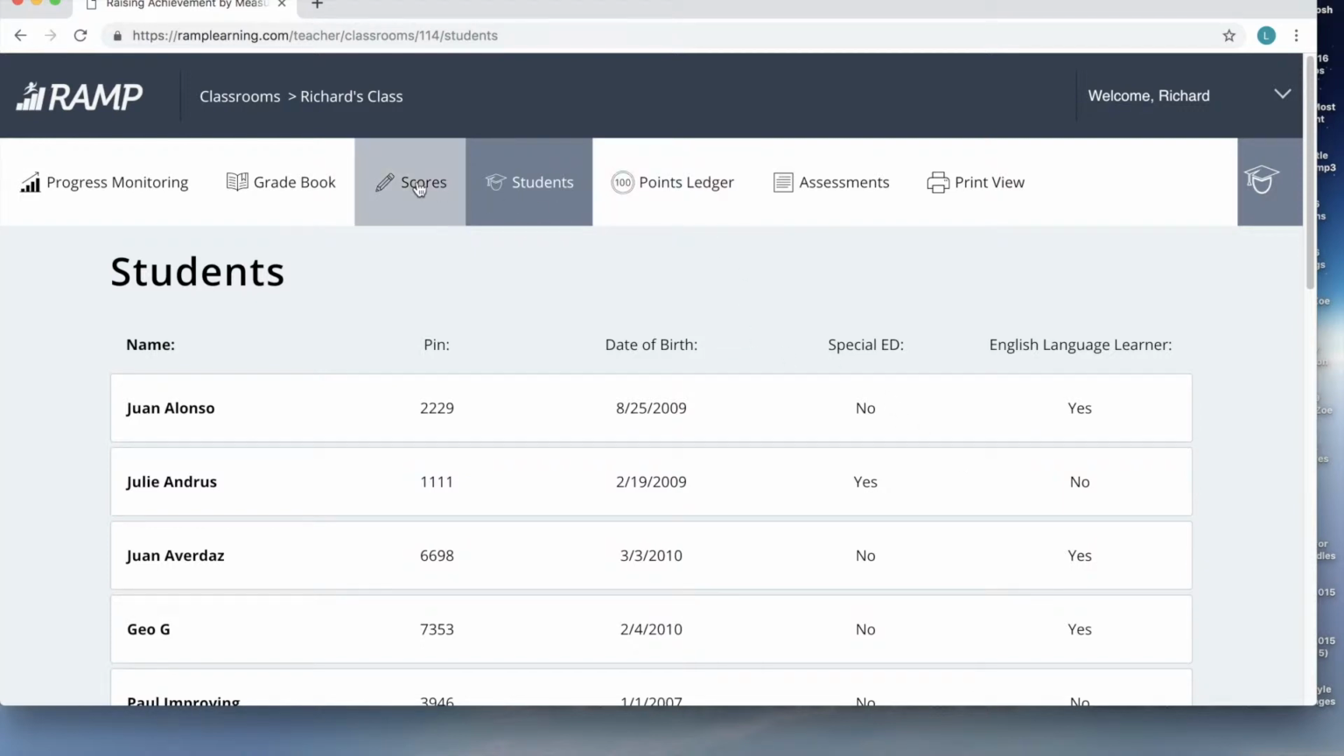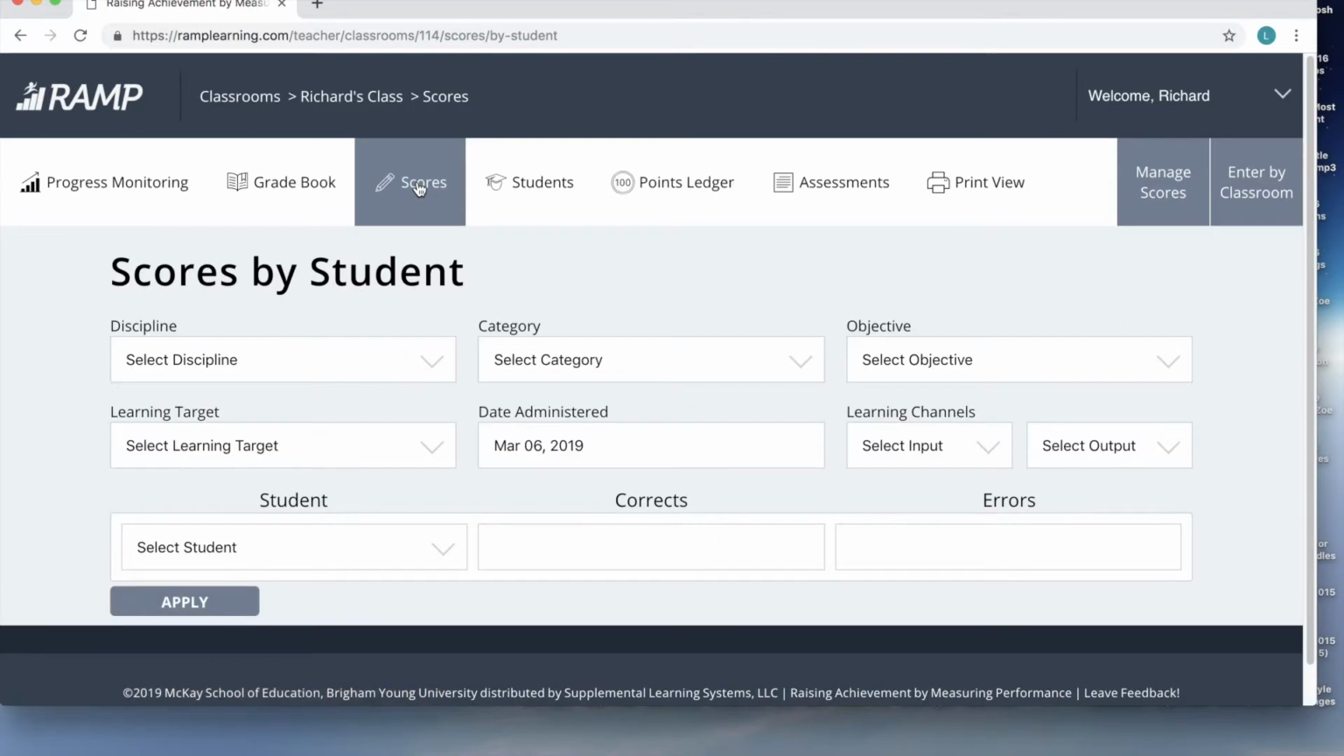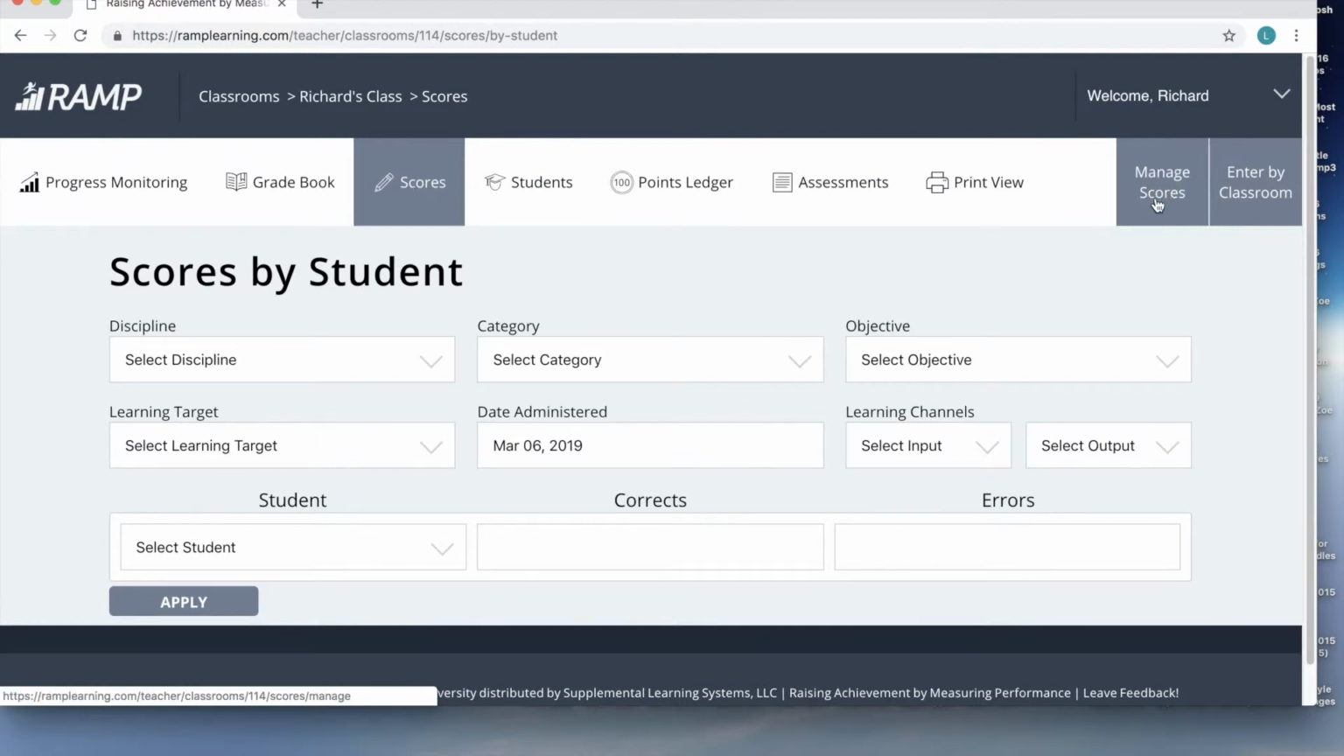Clicking on the Scores tab gives me the opportunity to view all of the previous recorded scores. I can manage the scores by editing scores if I need to, and I can also hand enter scores by